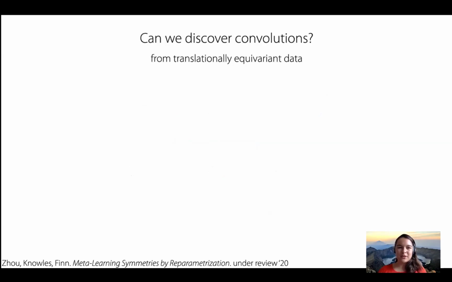And with this method, we wanted to answer a few questions. Our first hypothesis is that with this approach, if we have translationally equivariant data, it should be able to discover the structure of convolutions. So what we did is we generated synthetic data from a variety of different translational equivariance data. It was data that had a vector of inputs, then a function that has a 1D translational equivariance and produces an output. With this data, we ran the approach I just described, as well as MAML with a fully connected network, a locally connected network, and a convolutional network.